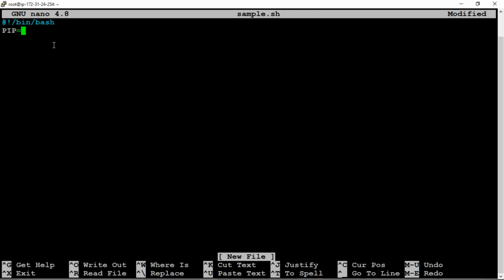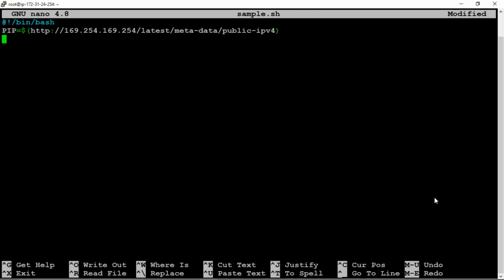PIP equals $ open braces curl http://, that non-routable IP address, /latest/meta-data/public-ipv4, and close that one. Enter.